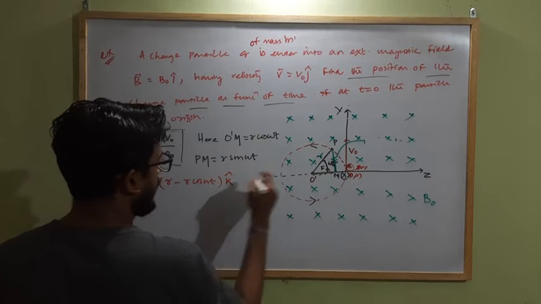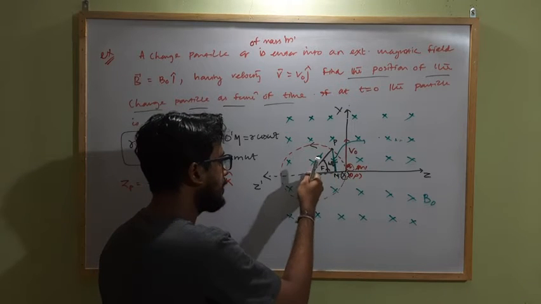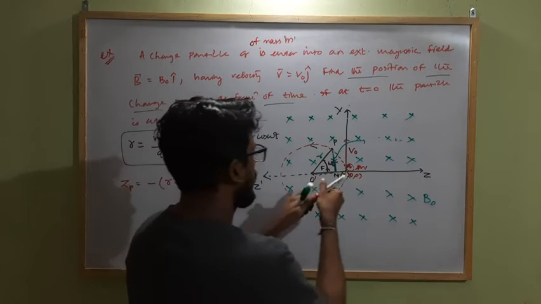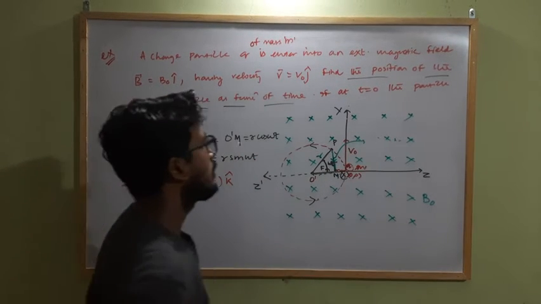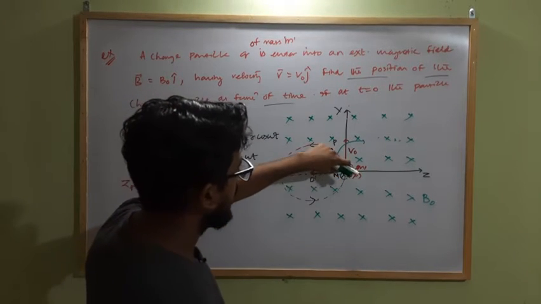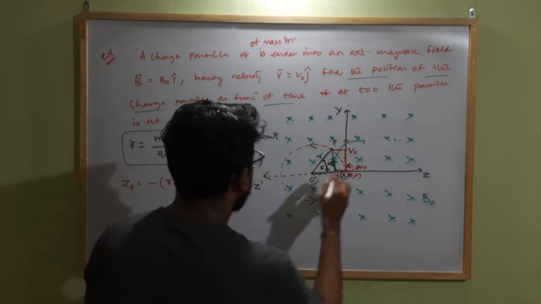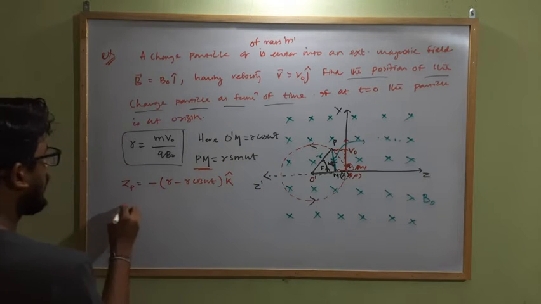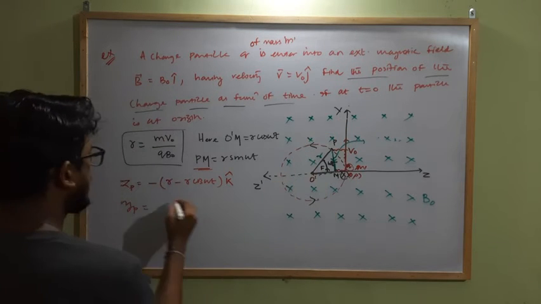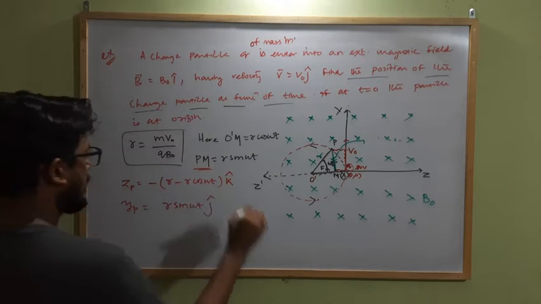As it is opposite to the z axis, this will be negative. So R minus R cos omega t will be the coordinate. Clear? So minus R cos omega t will be the coordinate along the z axis, and the y axis coordinate will be this much, which is equal to PM. So along y, for P, this is along the positive y axis, that is equal to R sin omega t j cap.